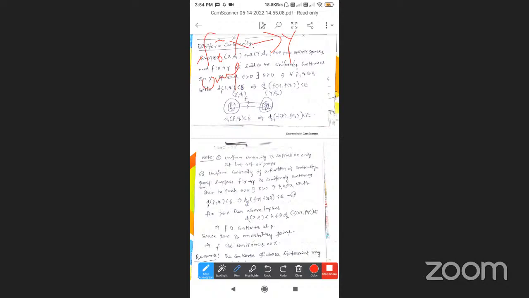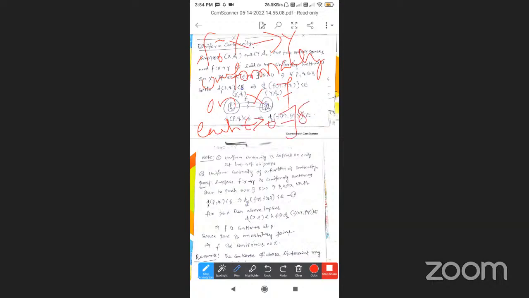(X, d1) is one metric space, (Y, d2) is a second metric space. f is a mapping from capital X to Y. It is said to be uniformly continuous, whenever continuous, uniformly continuous always on the domain X, if for each epsilon greater than 0,